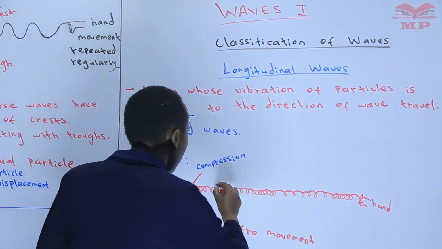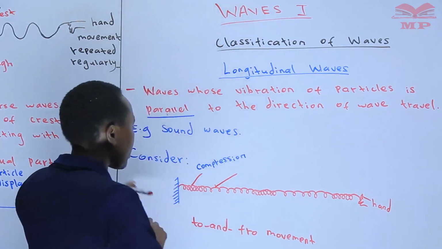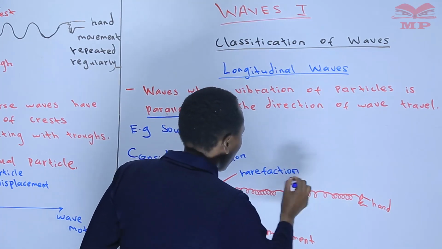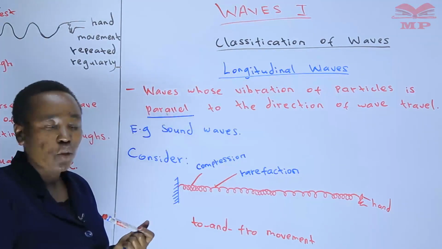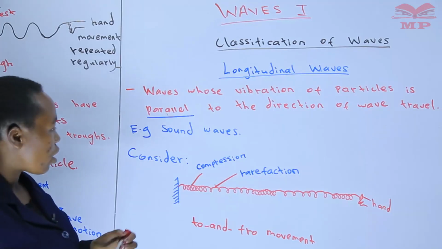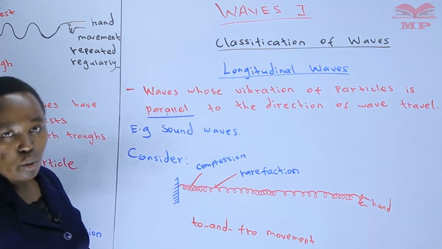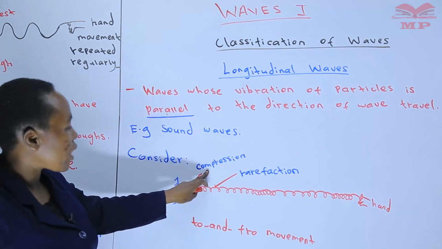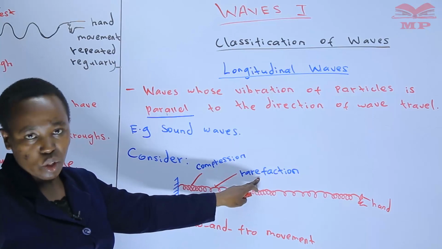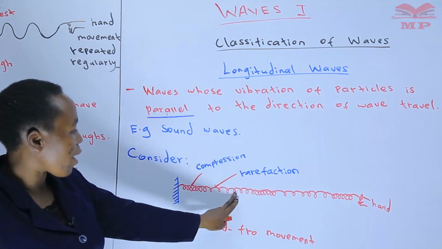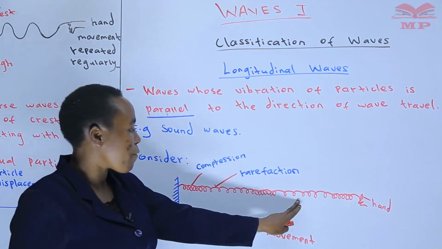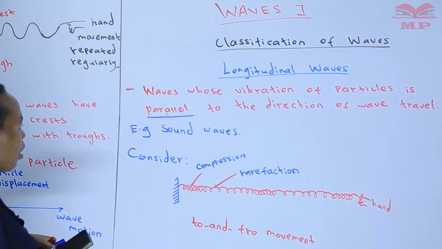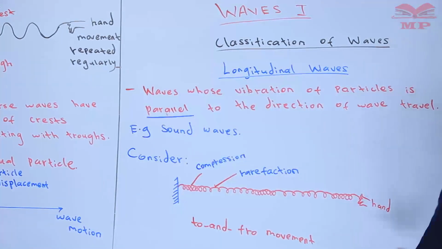This section is referred to as rarefaction. And note it is rarefaction, not function. It is rarefaction. So for a longitudinal wave, we have sections of compression alternating with rarefaction. So we have compression, rarefaction, compression, rarefaction, compression here. So we can say that for a longitudinal wave,